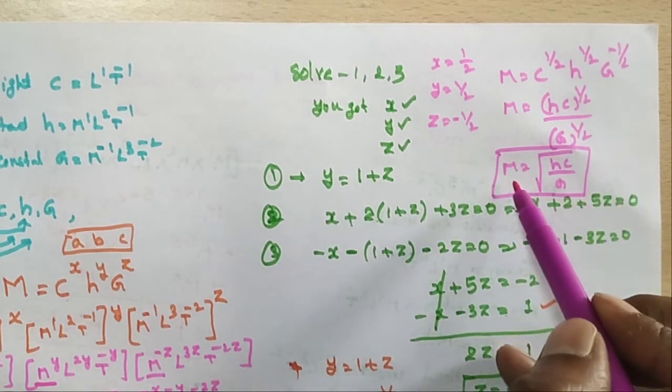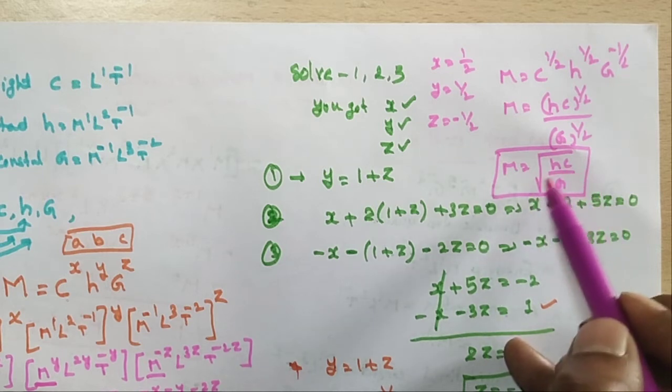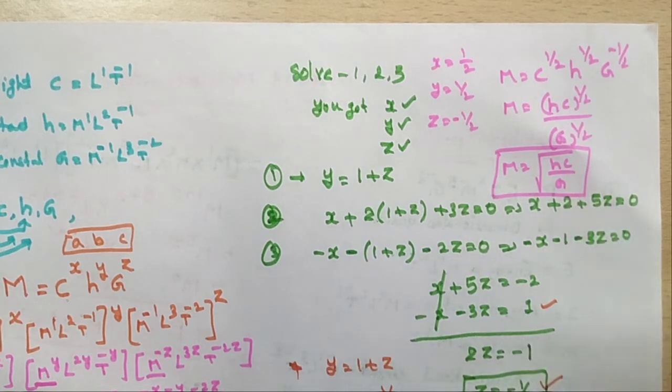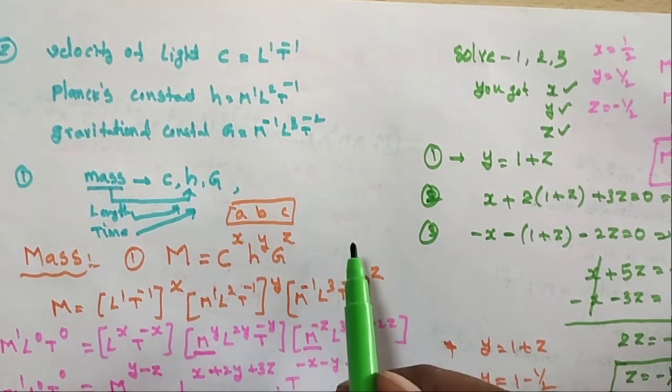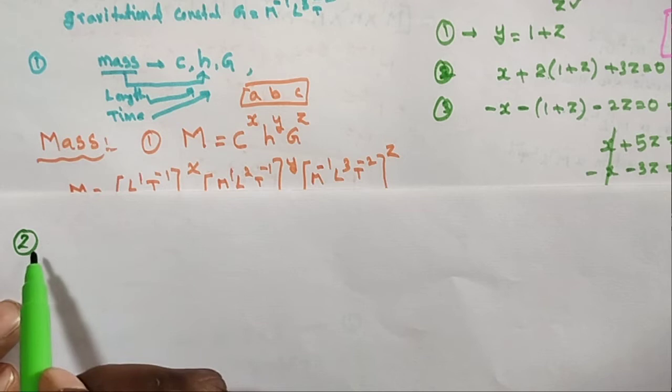So this is a mass. The mass, as a dimensional quantity in terms of the fundamental quantities, is root of hc by g. This is the first one. Similarly, taking the homework, please do the homework.